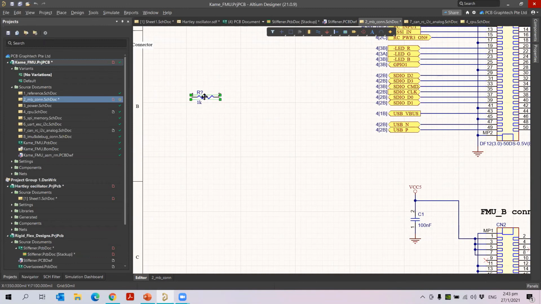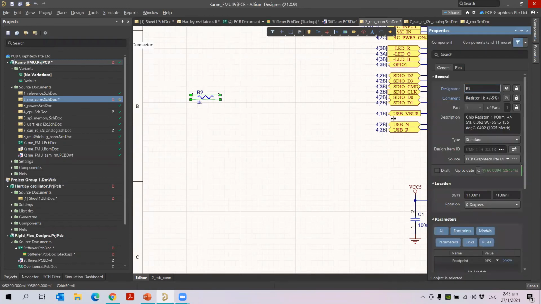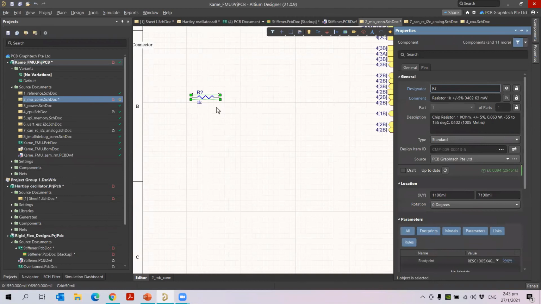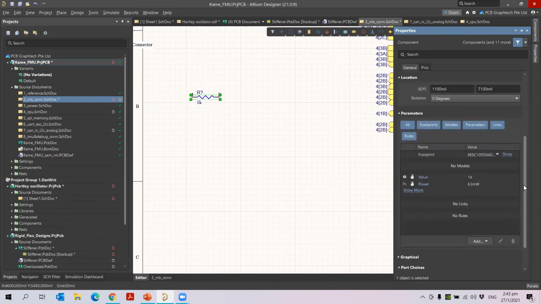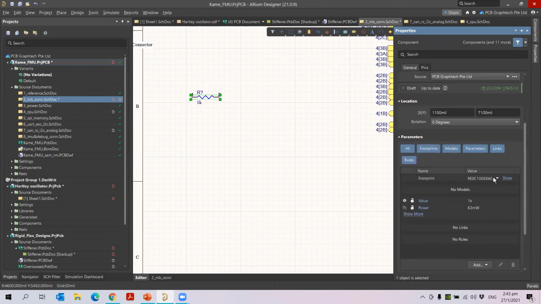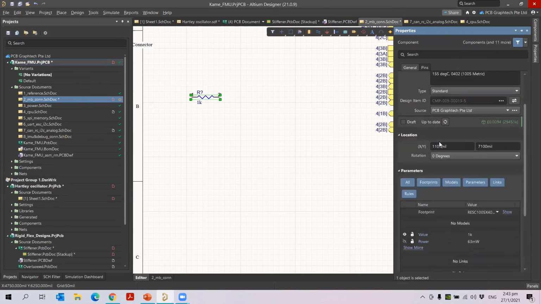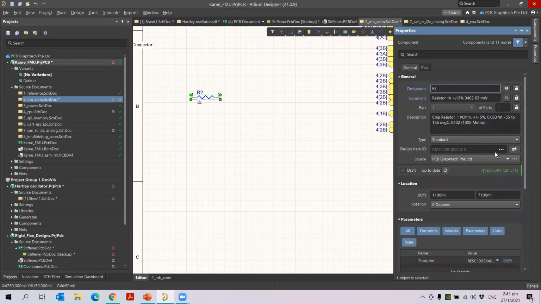If I want to see the properties, I can open the generic component. I placed this for the draft design, for example. And then you can see the properties here. The component is from my Altium 365, the source is my library, and you can see the footprint and all the information here. If I want to change the component, I can change it directly here for an individual component. But if I want to place more components and then change them,